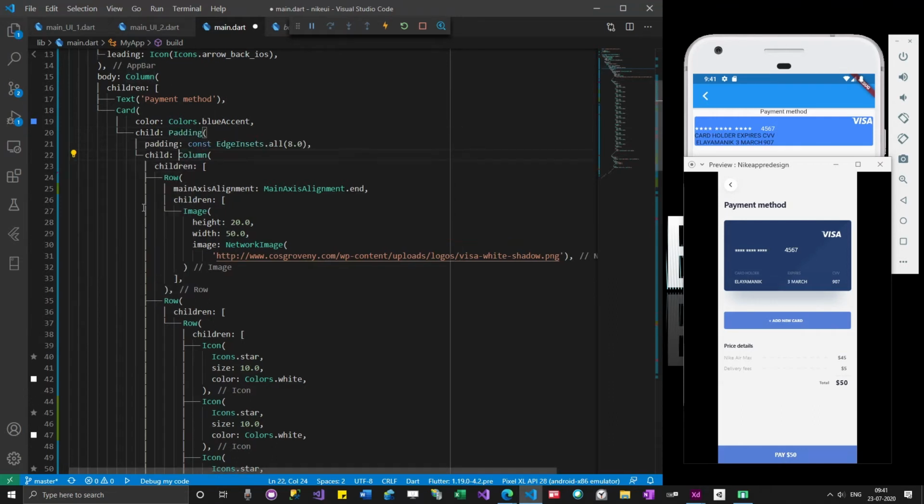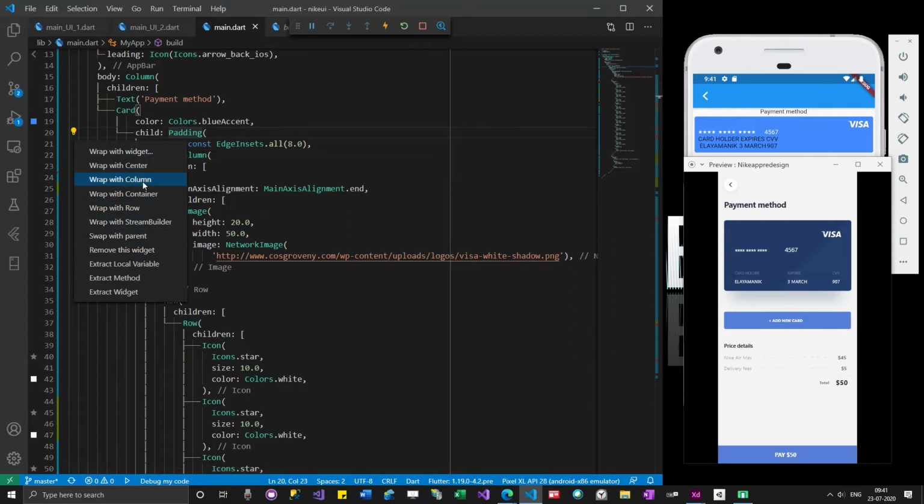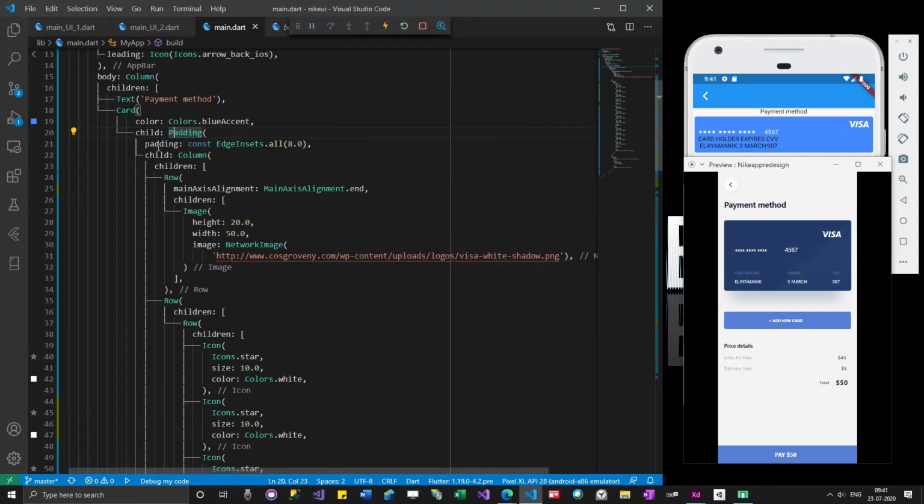How I can add it is, I can just click here, add some padding. The reason I am using this bulb is I'm going to go with the code suggestions. These are all widgets: row, container, column, center. By default it is adding some space. I want more space. I will give 18 for example. Okay, I will give 20, and now I want to change it to 25. Okay, much better.